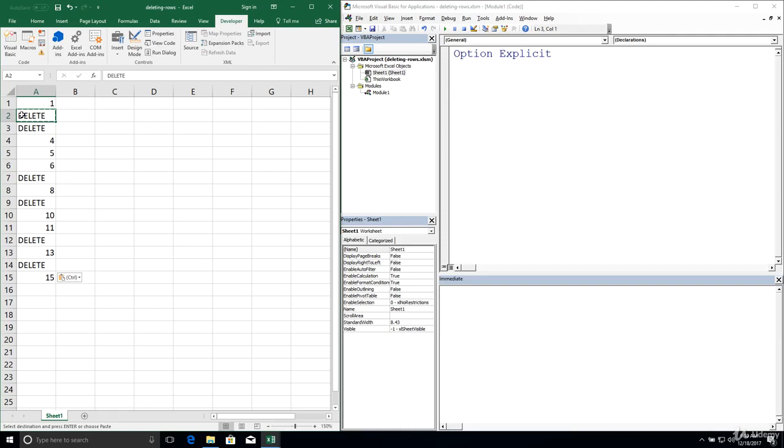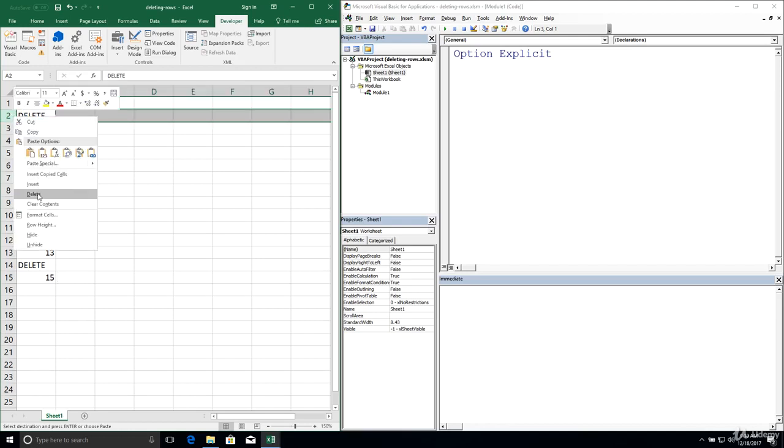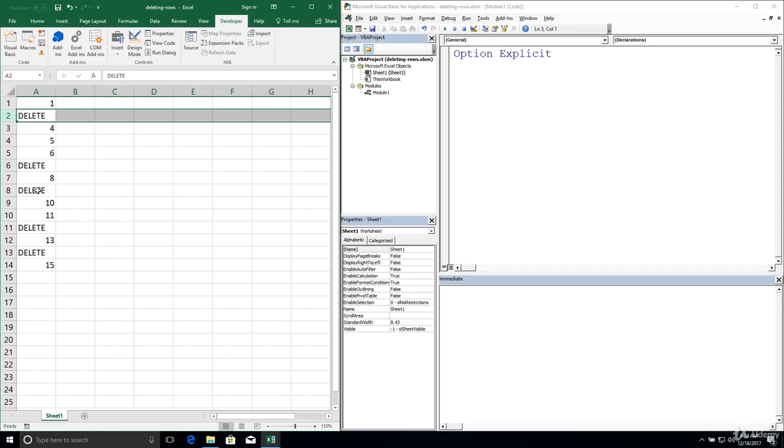So imagine we're going through our macro or our procedure and our I is equal to 2. What's going to happen is this first deletion is going to work, but whenever we delete, everything is going to climb up 1 row. And at this point, delete is still present again in cell A2 because it's the delete from the line below. But our I variable at this point has completed the entire process of the for loop, the body of the for loop to be more specific.